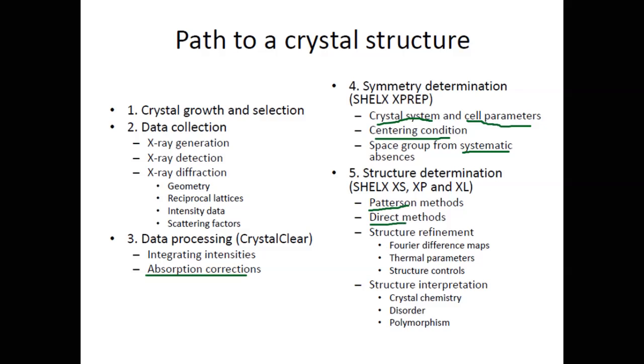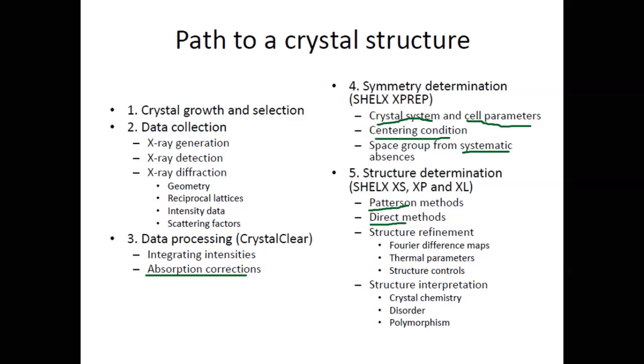analyze your structure. So for example, just imagine if you have a map, and on the map it labels a few of the roads that it knows, like major highways, and you have to go in and label the side streets in the city. The same thing with when you're solving a crystal structure. When you use one of these methods, if you have heavy elements, it does a good job of locating those, but sometimes once you know the heavy elements, you have to go in and identify where the light elements are in the structure. So that's kind of an overview of the path to getting a crystal structure